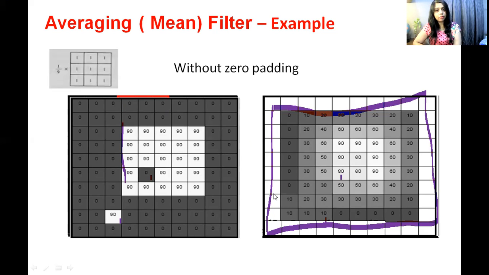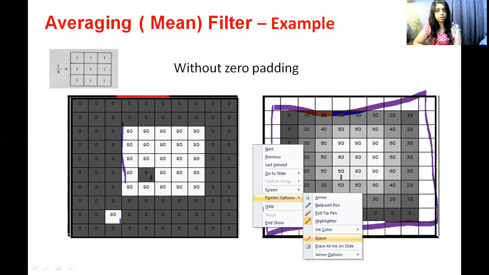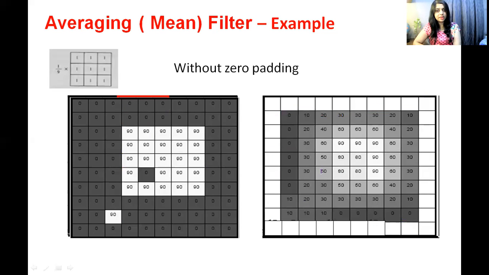So by doing this, we removed the noise. So we could solve two purposes. One is removing the noise, that means we removed this noise and this noise, and we also did blurring of boundaries. We have reduced this high frequency information. This is high frequency information, because there are sharp edges, a clear boundary between white and black, and by doing averaging filtering, we have smoothened these boundaries and reduced the high frequency information in the image.